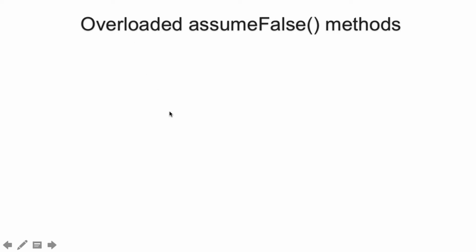So friends, now let's discuss the overloaded methods of assumeFalse. The first method takes in a boolean condition, and if the boolean condition is false, because we are assuming it to be false, then our assumption will pass and the test case will proceed further for execution. But if the boolean condition comes out to be true, then our assumption will fail and the test case will abort.